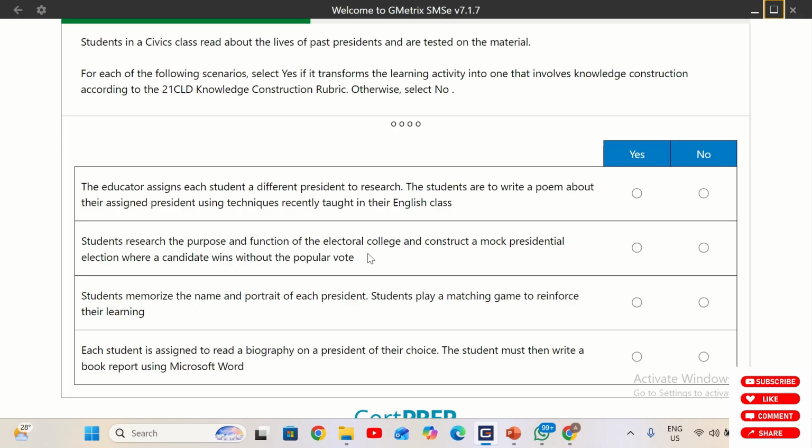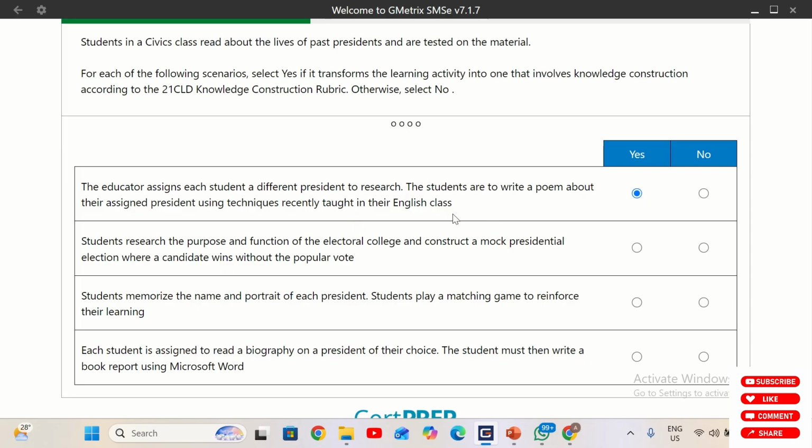So let's look at this one after the other. So the educator assigned each student a different president to research. The students are to write a poem about their assigned president using techniques recently taught in their English class. Okay, this one has to do with knowledge construction. So using the knowledge they have gained in a previous class, they have to apply it in a new